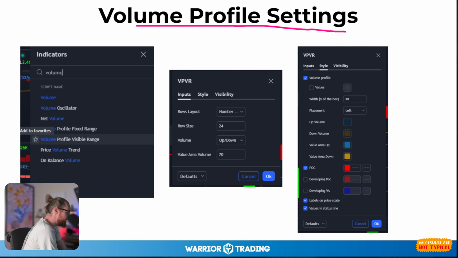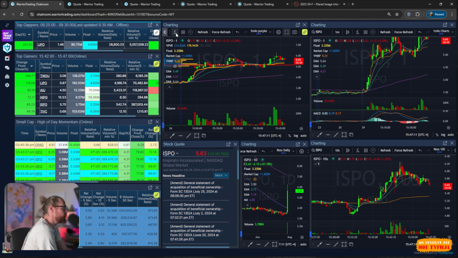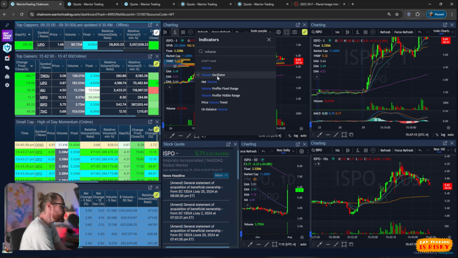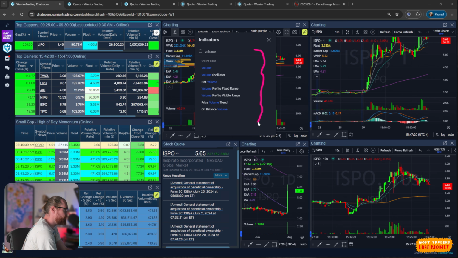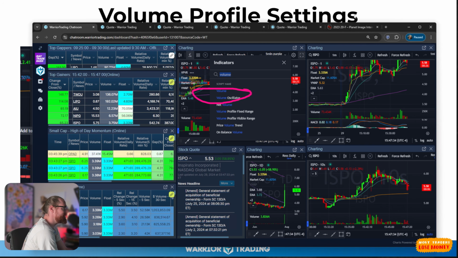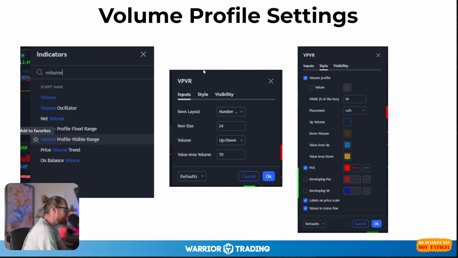So for most platforms, and not every platform is going to have volume profile, but for most platforms, you can go to your indicators and type in volume. And then you'll look at all the different volume indicators that exist inside your platform. I want to use volume profile, and I'm going to choose a visible range. You could choose a fixed range, but then you have to manually select the range, and I'm going to choose visible range right here. So you click on volume profile, you select the visible range, as I did right here, and then you'll see the